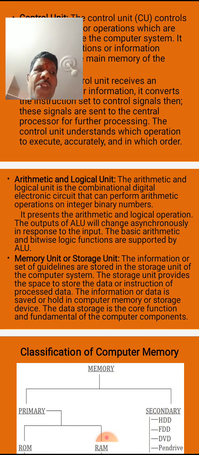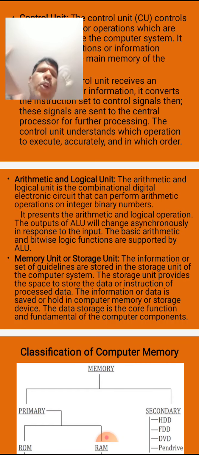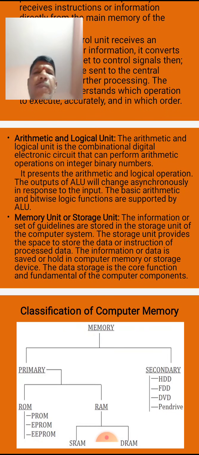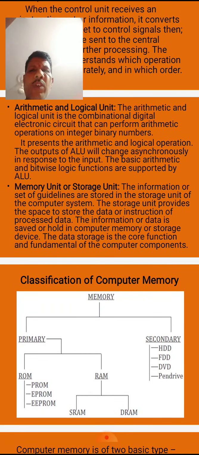The central processing unit or computer must have all these three important components: processing, storing, and so on, with the help of the memory unit only. That is also called the storage unit. But the memory can be divided into different parts. Such classification can be described below. Here we are discussing the classification of computer memory.